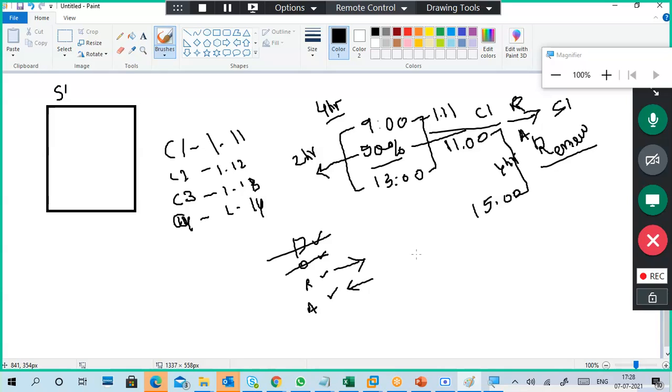So what is the advantage of it? We'll see that. I said at 50% of the total lease duration the renew process will start, right? If in case the client is removed or disconnected, the client cannot send a request. For example, 11 o'clock to 15, it is 1 o'clock.